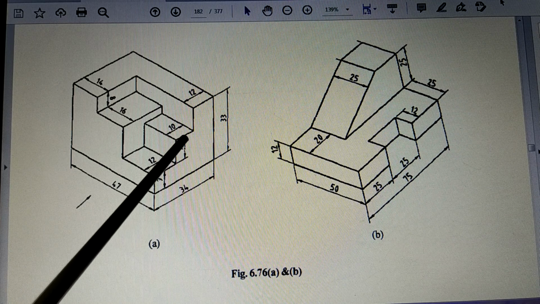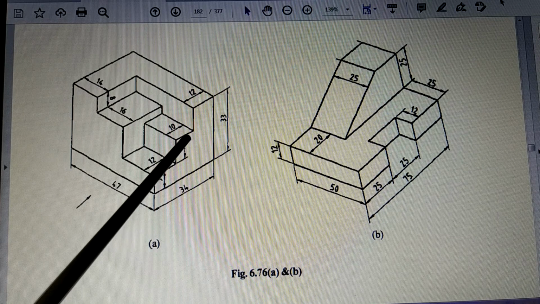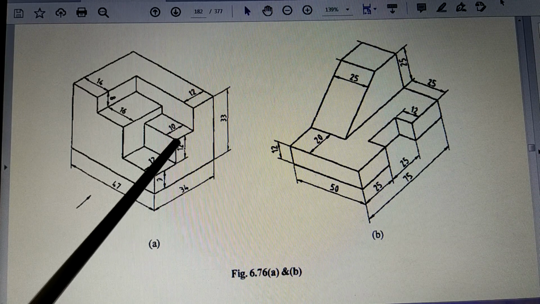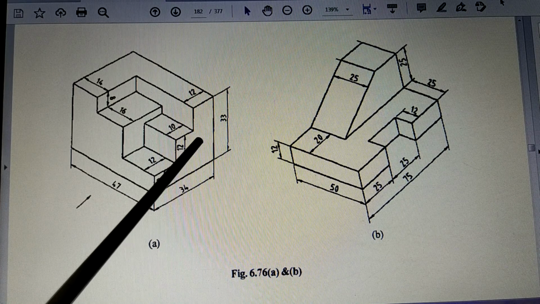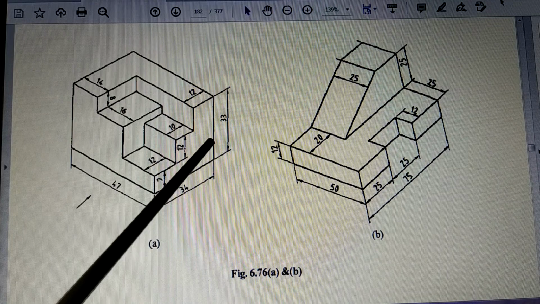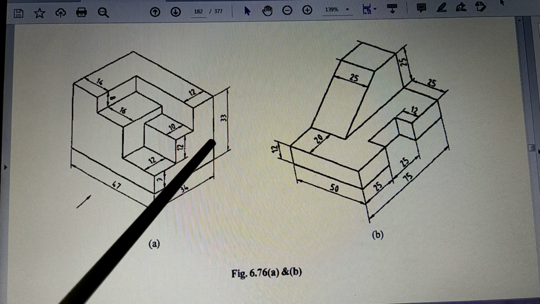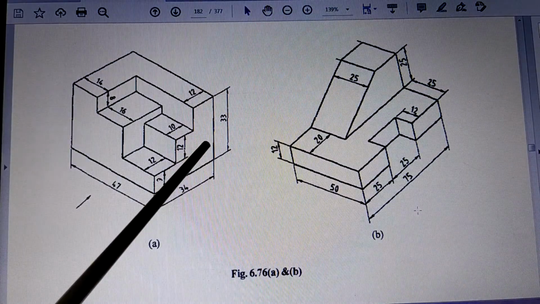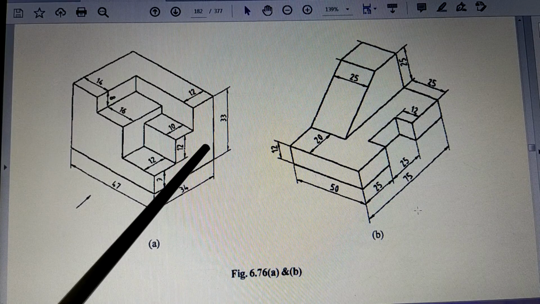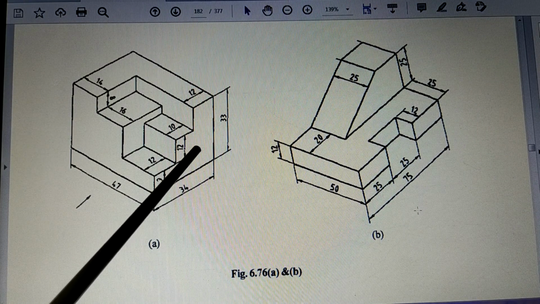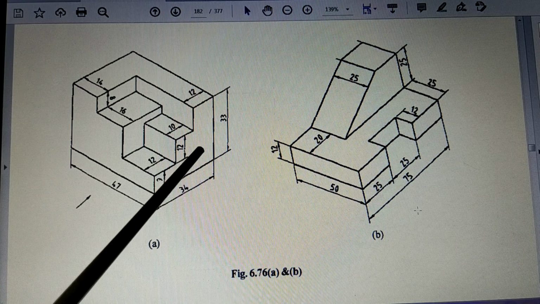I am not going to show you how the exact front view will be, how the top view will be, and so on. But I will be just describing to you the different views, which surfaces are seen, which are not seen, etc. So today's discussion from my side will be purely of the explanation type. I will be explaining different things, which you have to listen carefully, and according to that explanation, you have to draw yourself.